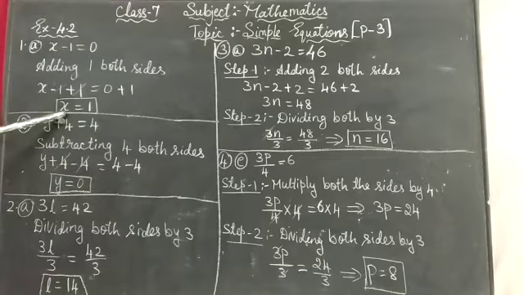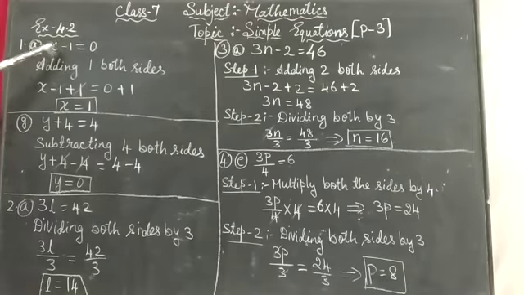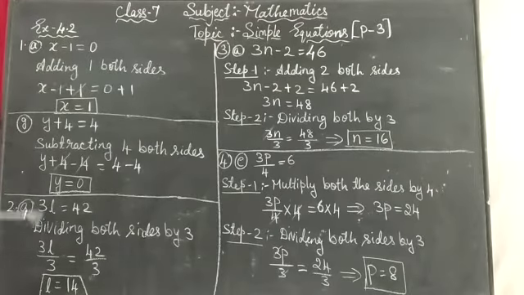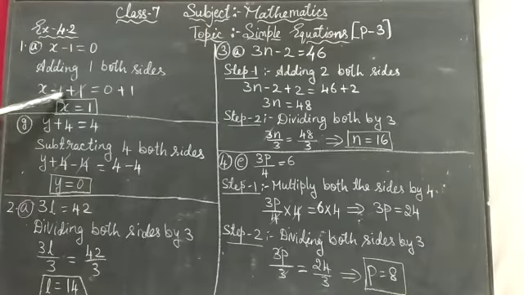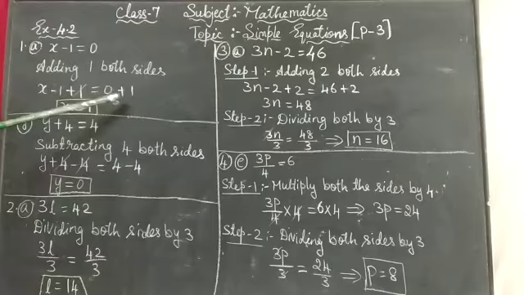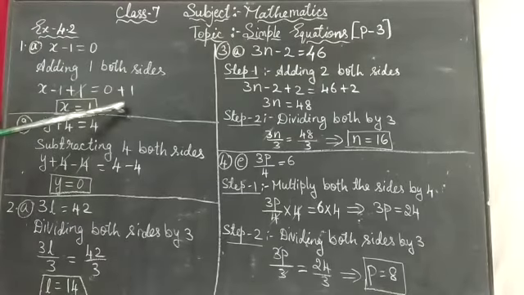Yes, there are different methods. This is the first method. Whatever the value is given here, with the opposite sign you have to add or subtract. In the previous video I told you, if we add or subtract the same value on the equation, then the equation will not be wrong. Okay, it will be correct. But you have to see that you should take the same value for both sides.